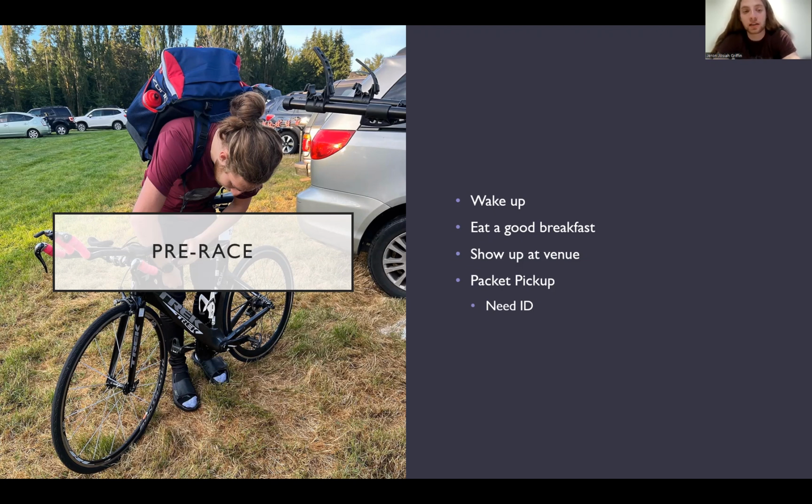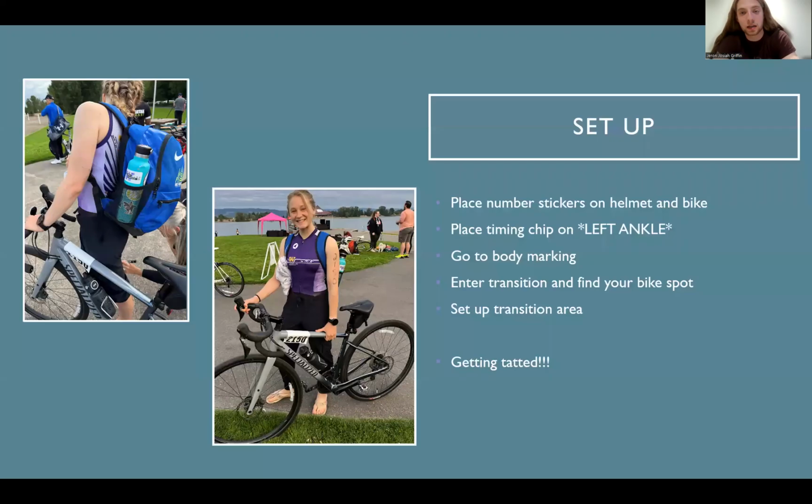And if you feel any stress, there are going to be a lot of other people all around you that know what they're doing, so just ask the nearest person. You should be well off if you do that. For setting up, in your packet you're going to have a little envelope that has your race bib, a sheet of stickers, and probably your swim cap. The swim cap might not be in your race packet, but the little envelope will be.